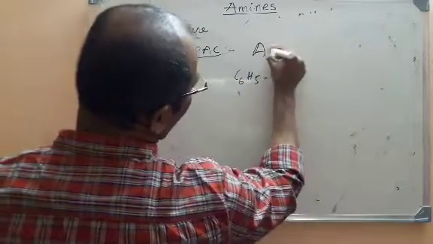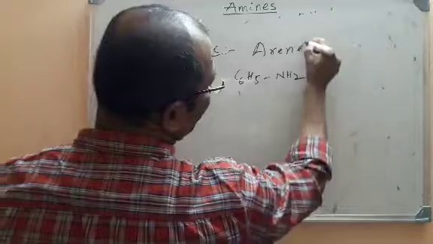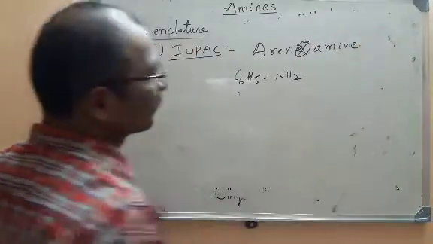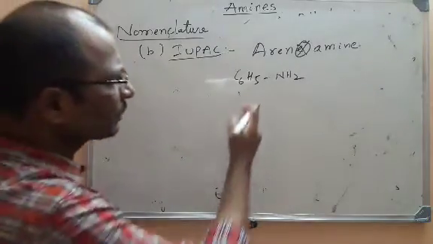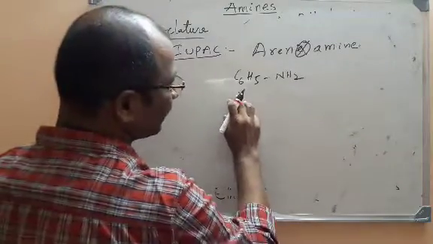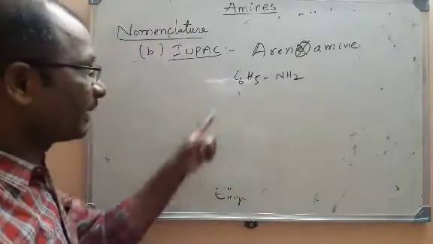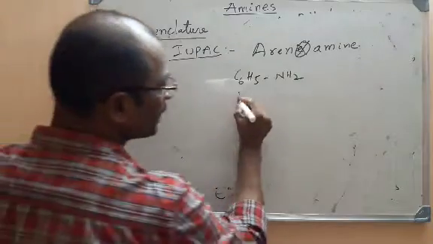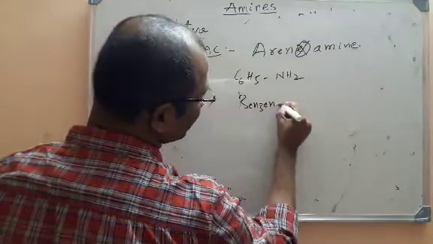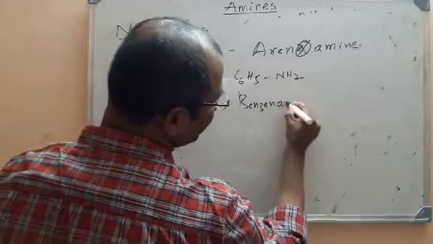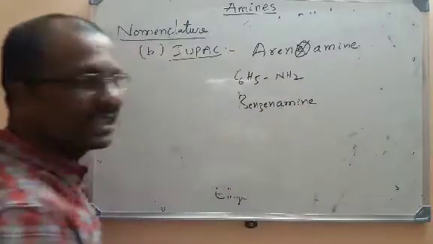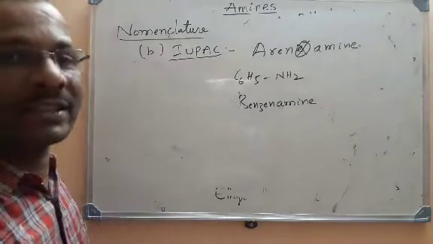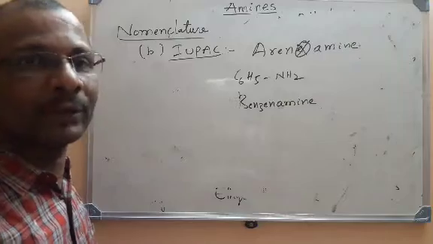For example, I am writing C6H5NH2. I told you the parent arene is taken and we are replacing that E with amine, arene amine. So for example here, this is benzene, C6H6 is the parent. Phenyl ring, the parent is benzene. So in benzene, the last letter is E, and we remove that letter and it is called benzenamine. Actually this is the IUPAC name. But in the common system, these aromatic hydrocarbons have different names.